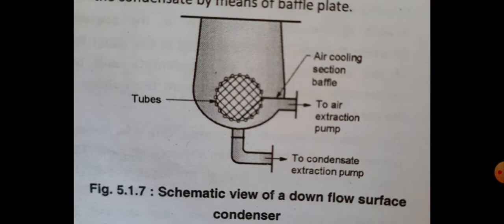The temperature of condensate decreases as the exhaust steam passes downward, and hence partial pressure decreases from top to bottom of the condenser. The air exit is sealed from the downward flow of the condensate by means of a baffle plate. In this, the suction pipe of the air extraction pump is placed in the center of the tube nest. This causes the condensate to flow rapidly towards the center as shown in figure.